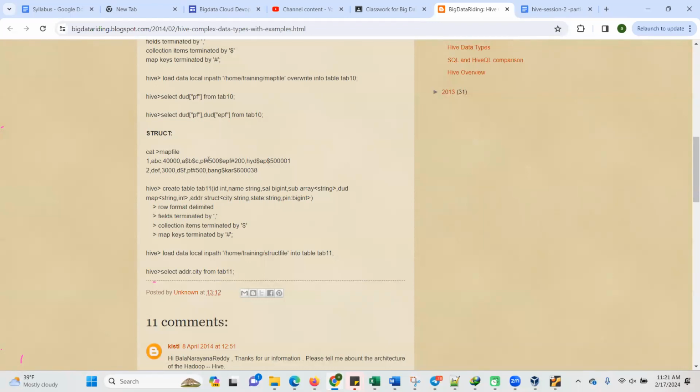So the hash symbol they are using for separation of the key and value, but the collection, because this map also has two items. One item is this and one item is this. So every item is separated by dollar only. That principle is the same. That rule is the same for all types of collection. So whether it's a map type or struct type or array type, the collection items are terminated by dollar. Only one more extra comes here, map key terminated by hash, only for map,